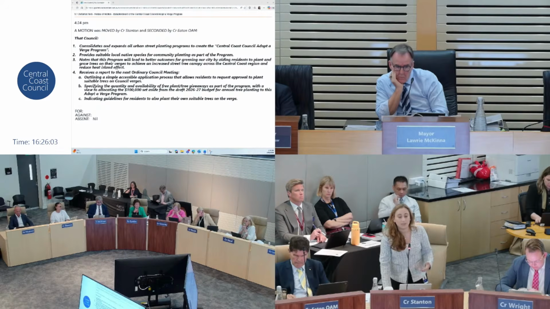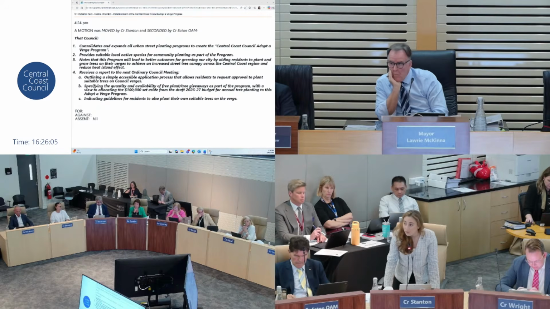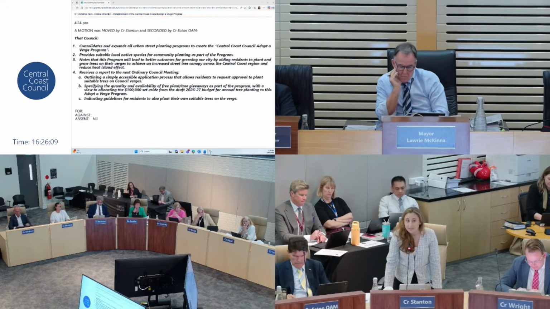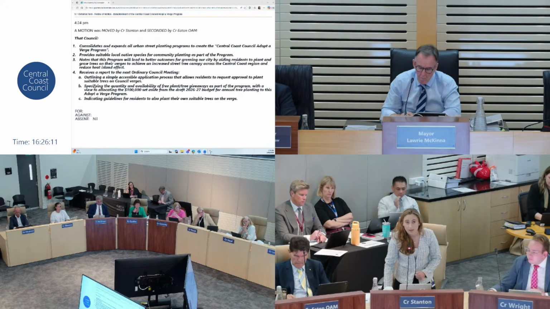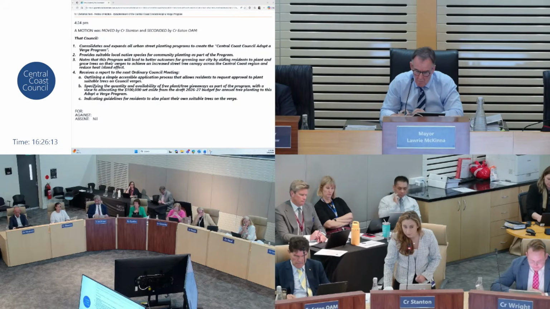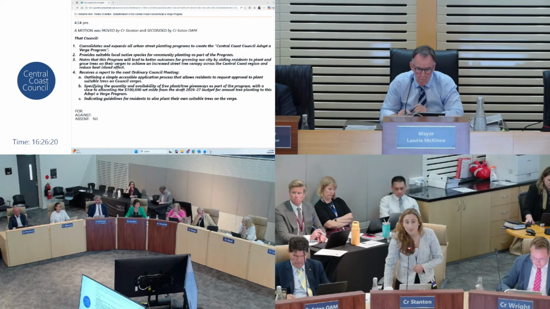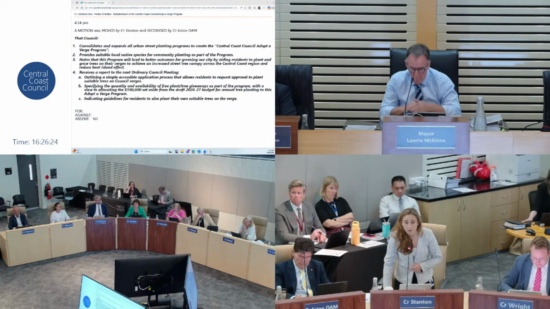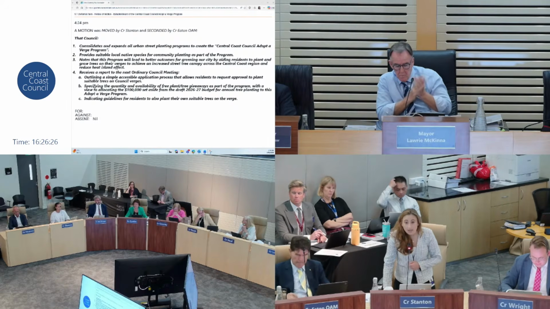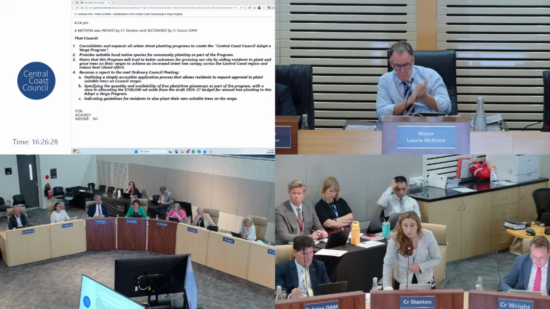So this means that when local residents all come to us all the time saying, please plant more trees, we are giving them an additional $100,000 worth of trees. In addition to that, residents can plant their own trees. So this way, the entire Central Coast gets to be more greened. This helps with urban heat island effect, and it helps us with our green corridors.